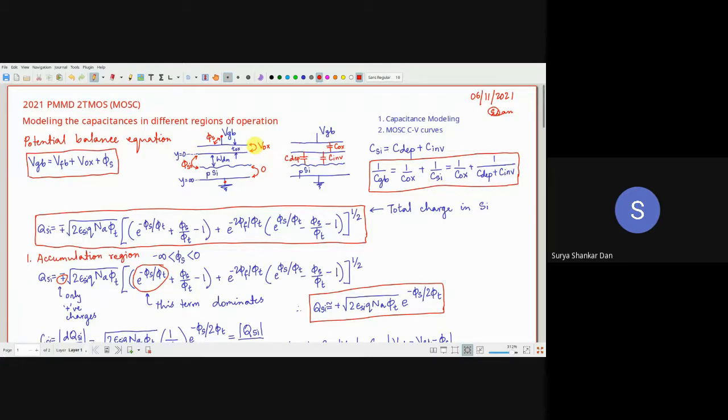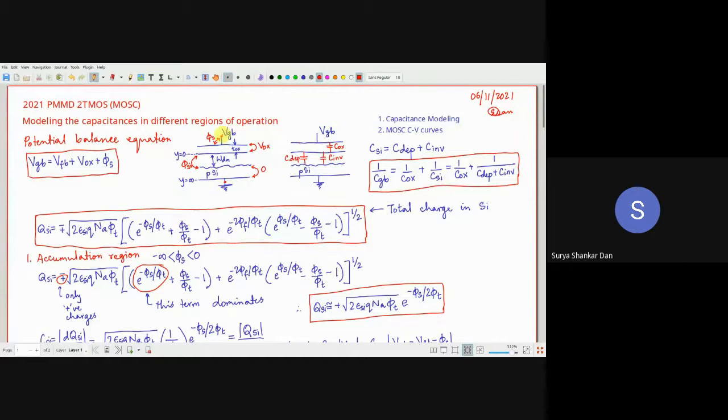Okay, we have not yet put the source and the drain terminals or even the source and the drain regions. So instead of putting VG and VB over here, for simplicity's sake, so that as a circuit designer we can look into the picture from a circuit designer's perspective, because that is our main objective, to design ICs. All right, so what we will do is, instead of putting VG and VB over here, which is usually done in the device textbooks, we are going to treat this as grounded, and all the potentials in the device will be with respect to this ground potential.